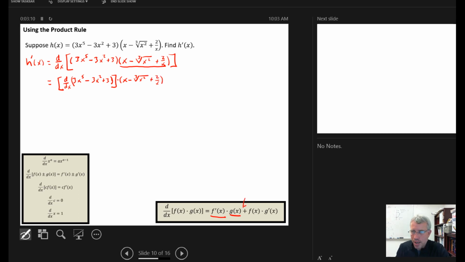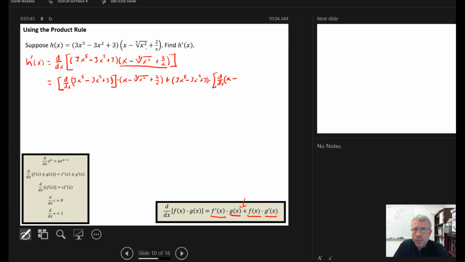Then it says plus, add on to that, take the first function, and the first function is just this 3-term expression right here. So plus 3x to the fifth minus the 3x squared plus 3, and multiply that by the derivative d dx. Take the derivative of the second function, and the second function is just this 3-term expression right here. So x minus,